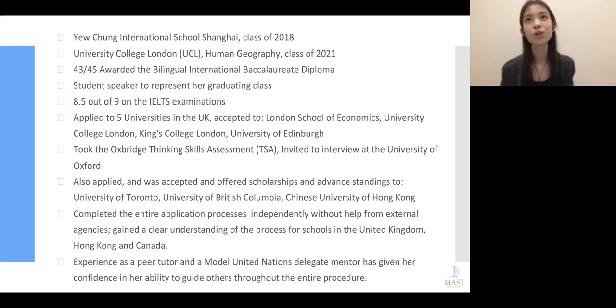Whereas my other choices, so Edinburgh actually wanted me to talk more about my extracurriculars and also about my volunteer work and what sort of person I was. So I touched on that a little bit in my personal statement, but I don't really focus on that because what you really want to do is you want to make sure that your first and second choice universities really like your personal statement. So you do that and you hope for the best for the other 3.